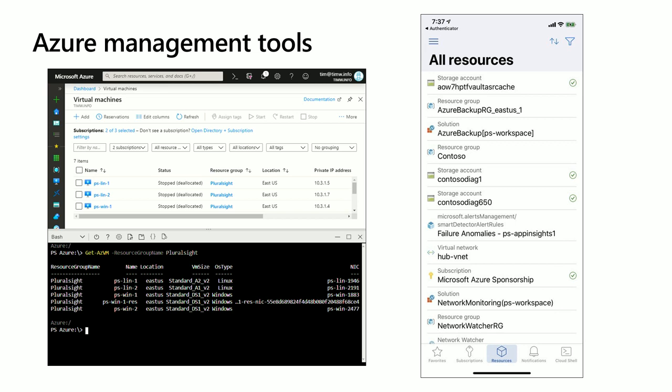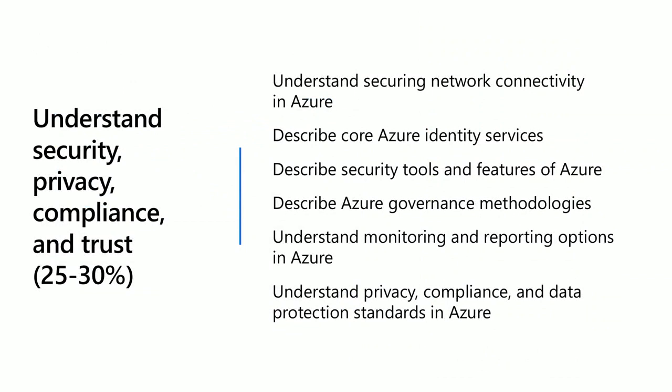This is showing on the left the Azure portal, the web interface, that has the included Cloud Shell environment embedded in it. And then on the right, we're seeing an example of the Azure app. We've got iOS and Android apps that give you very nice management capability of your Azure subscriptions and resources. Okay? So just understanding the options there. I mean, if you've got 2 VMs to deploy, portal's fine. What if you have 100 VMs to deploy? That's going to be where you want to turn to automation like Azure PowerShell, Azure CLI, and fundamentally the JSON or JavaScript object notation templates that underlie every deployment in Azure.